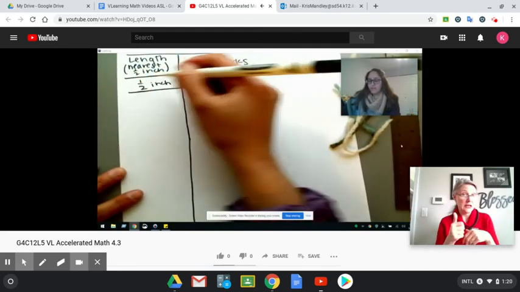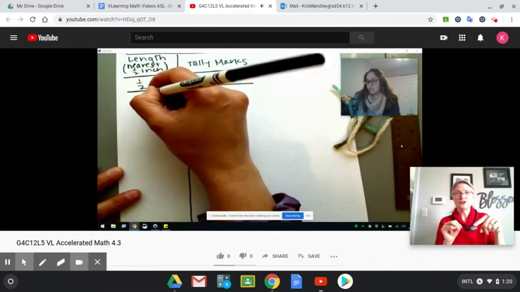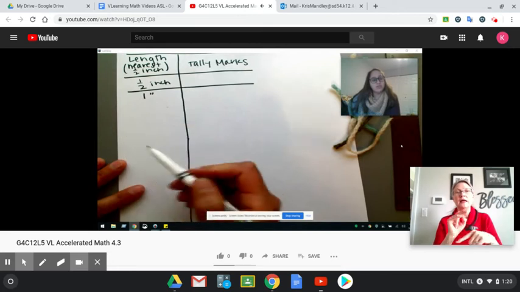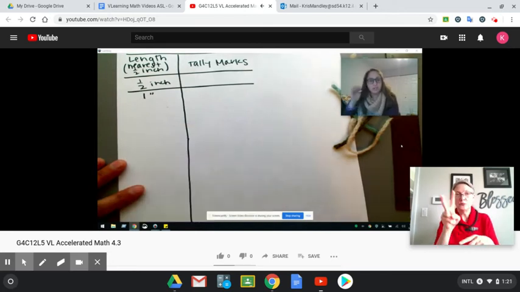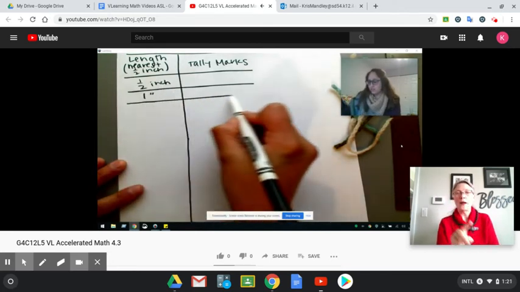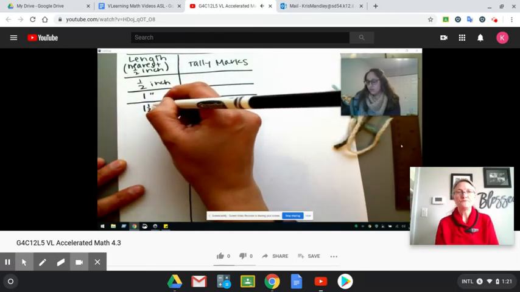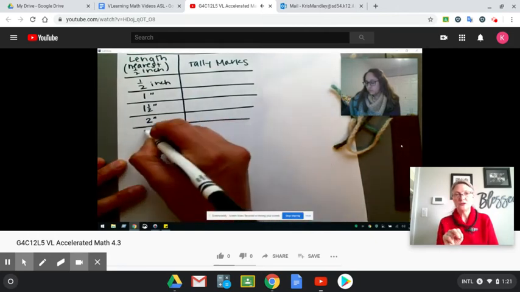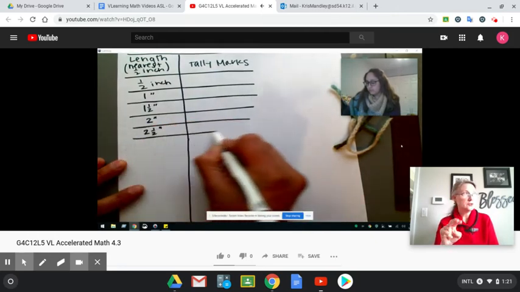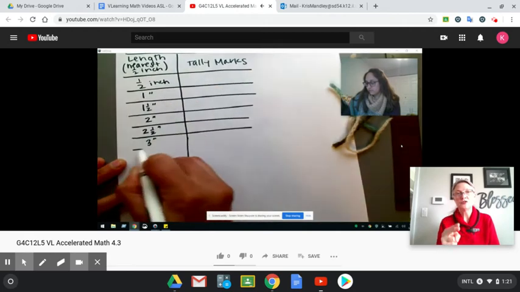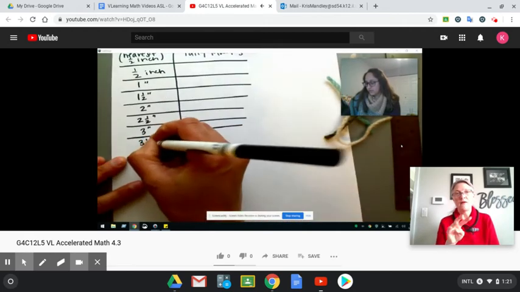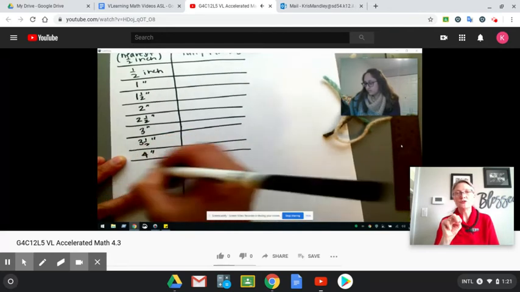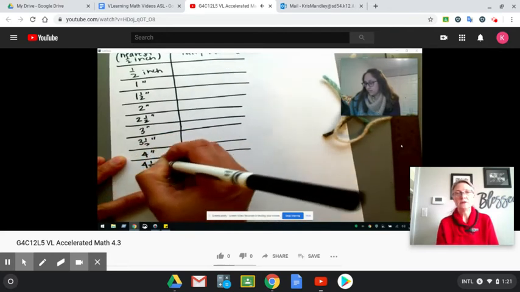So I've got half inch as my first option, and then another half inch above that would be 1 inch. Those two little marks that look like quotation marks, that's our math notation for inch. So if you see that, that's what that means. I'll add another half inch, so I've got 1.5 inches, 2, 2.5, 3, 3.5, 4, 4.5,